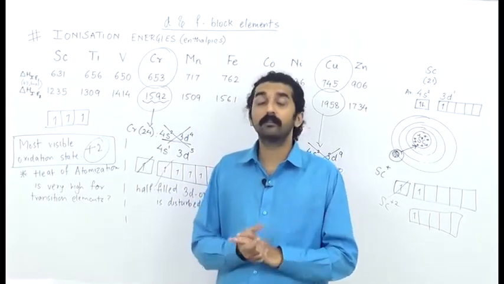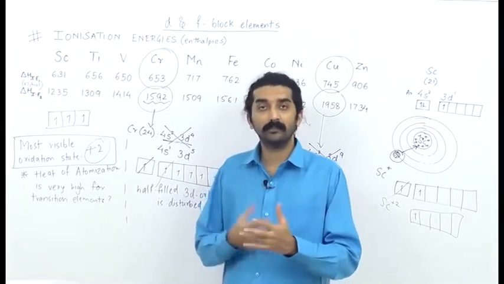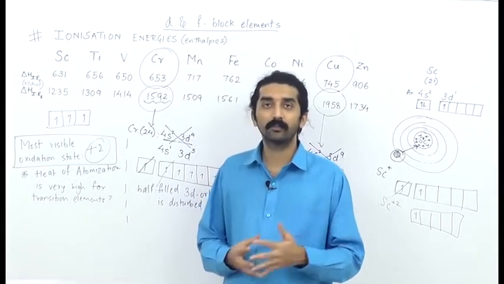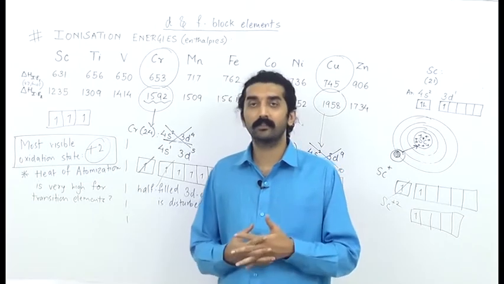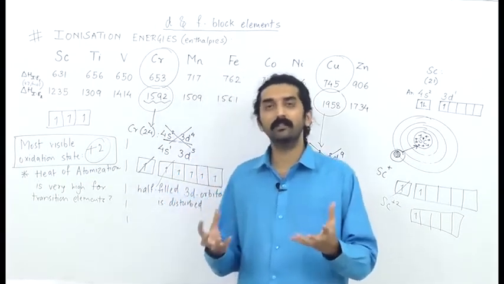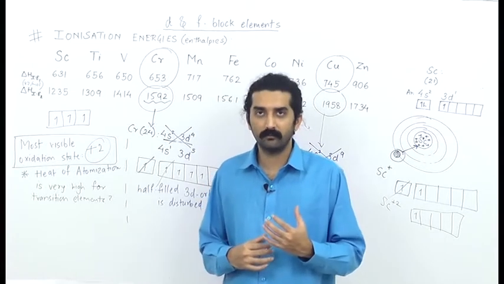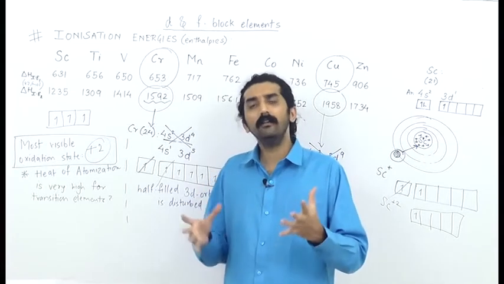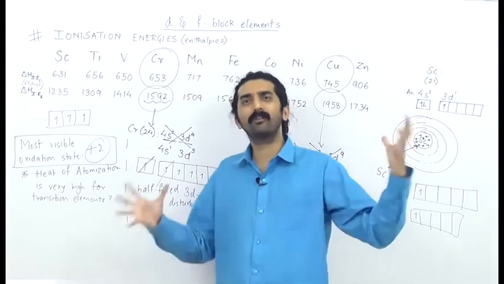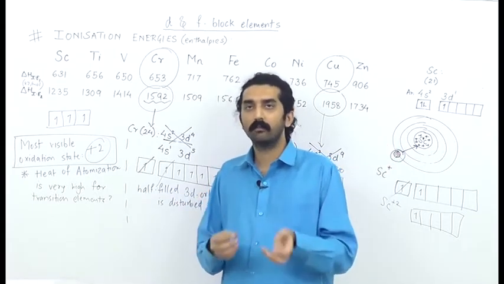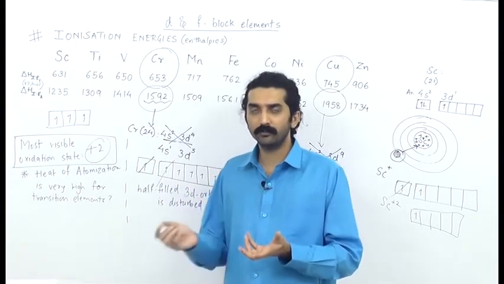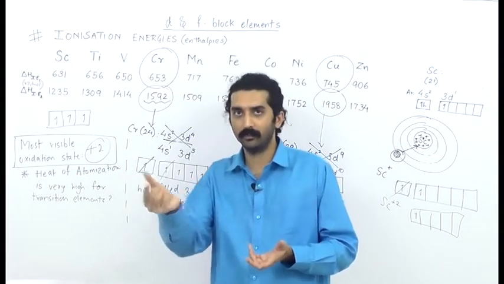Like you have learnt in the solid state chapter that there is hexagonal close packed, there is cubic close packed, right? There is body centered cube, different kinds of structures. So naturally these atoms are connected to each other in one form or another, right? Now that clearly indicates that it's a bulk of atoms together making a particular structure. There's not one single isolated atom that you can find.